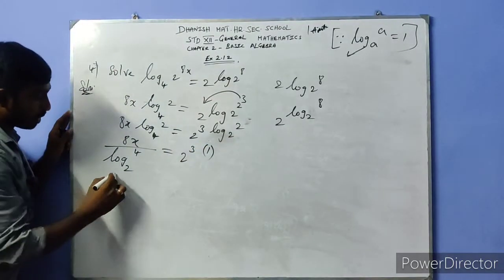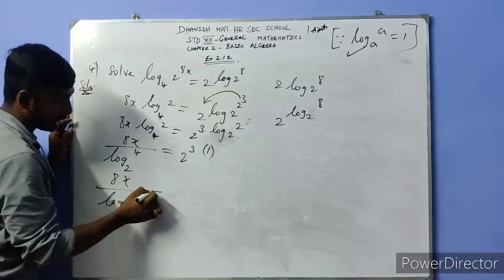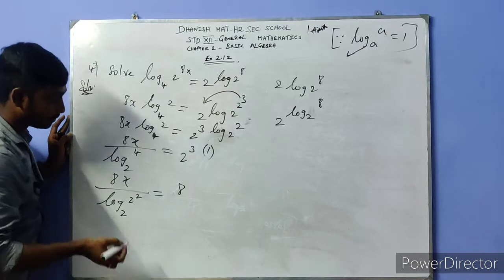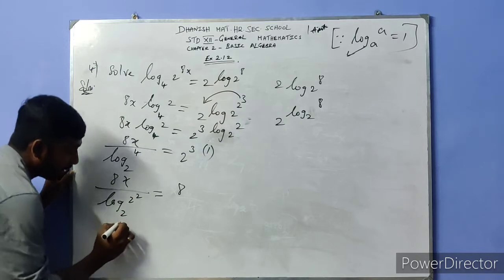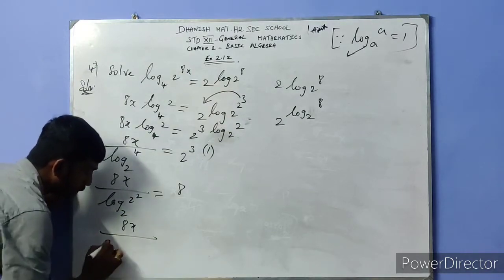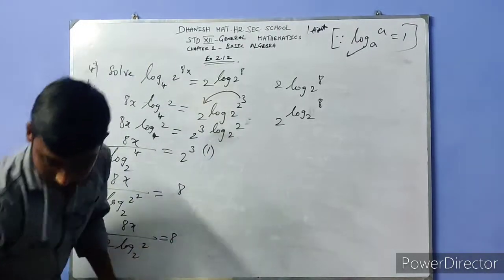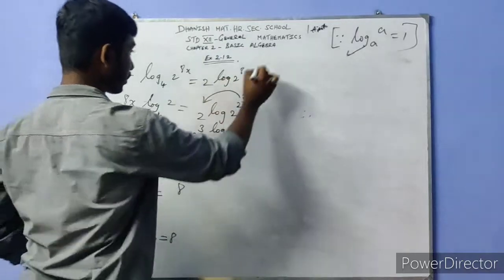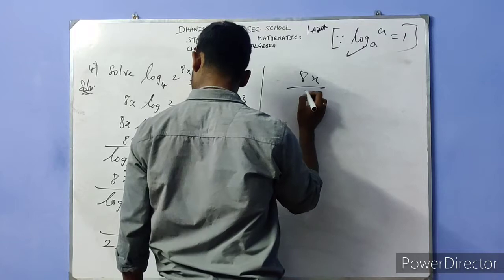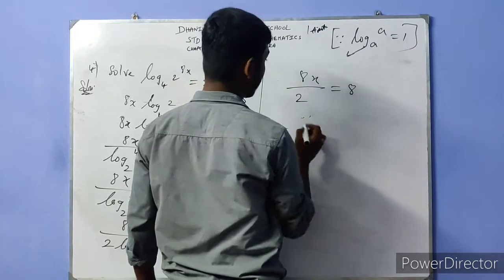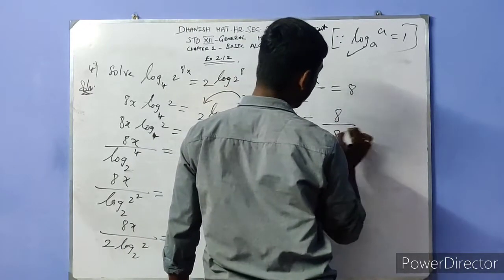So 2 cube, what is the 2 cube? Well, 8x divided by log 2 to the power of 2 square equal to, what is the 2 cube value? That will be 8. Then here you are writing like this: 8x divided by this 2 will go to the log 2 to the power 2, equal to 8 here. Then the log of the same base, that will be 1, you are putting here, that will be 8x divided by 2 equal to 8. Then it will go that side, reciprocated. Then you have to write like this: 8 divided by 8 into 2.